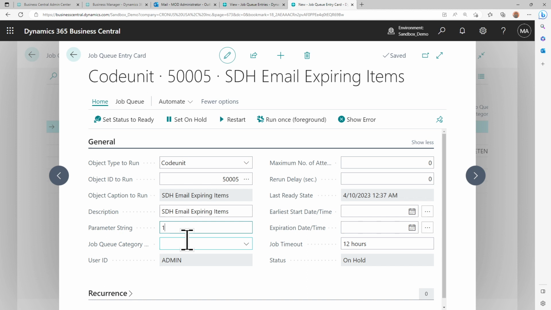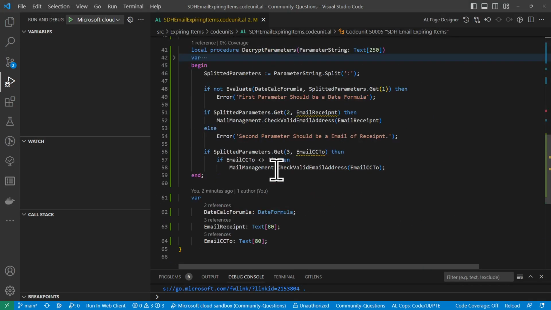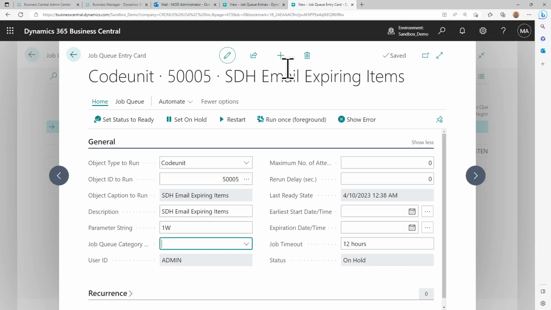Let's say I'll say 1 week. That's it. Nothing else. That satisfied my first condition, but it did not satisfy my decrypt parameter method. So let's see what happens now. Or maybe let's do it the ABC method. Let's say